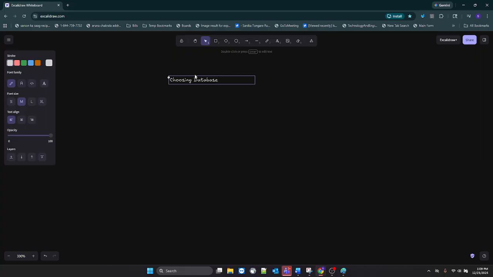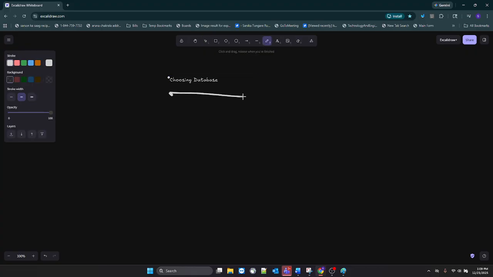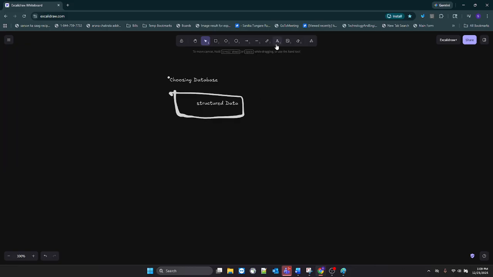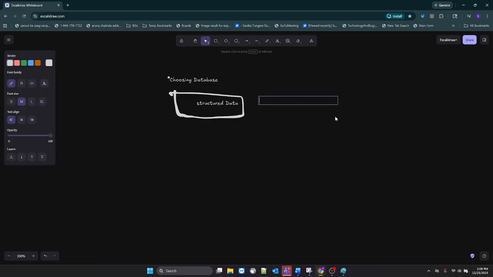To solve this question, first we need to understand the data, whether it is structured data, semi-structured data, or unstructured data. So let's understand what is structured data, what is unstructured data,